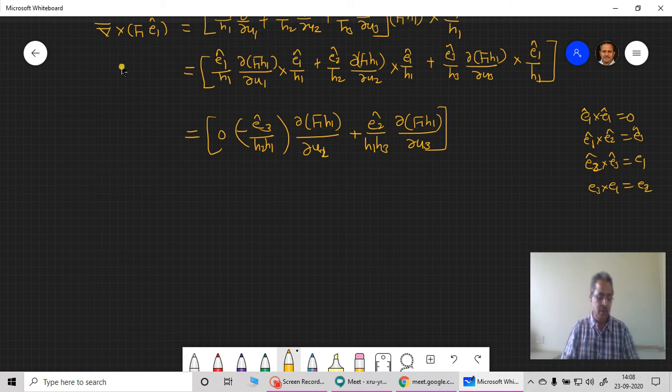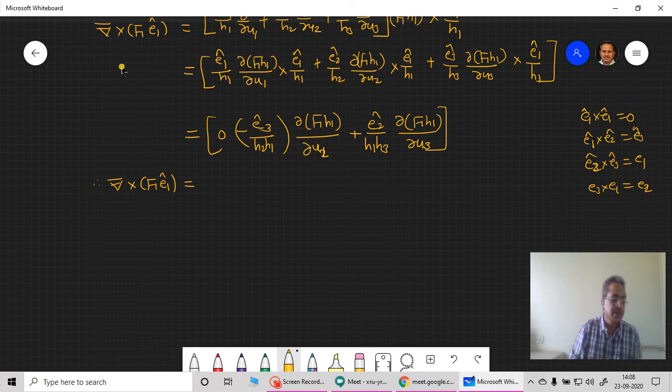So I am getting two terms here. So here you can write this, E1 bar cross E1 bar is equal to 0, E1 cap cross E1 cap is 0, and all other products are known to us. So we can use those products here to find this. Therefore, again simplifying this, I get del bar cross F1 into E1 cap is equal to, after simplification, this term is positive, this term is negative, so I can write it this way.